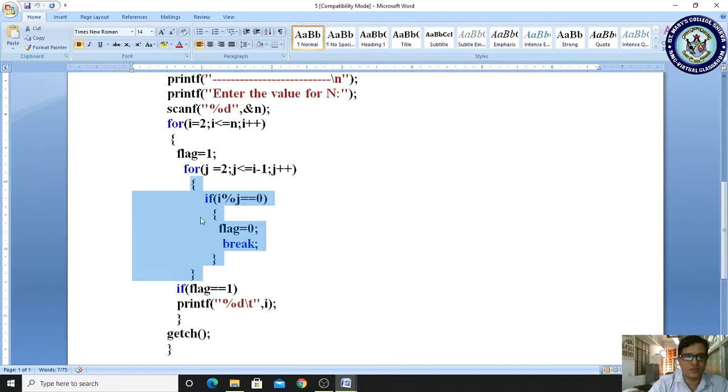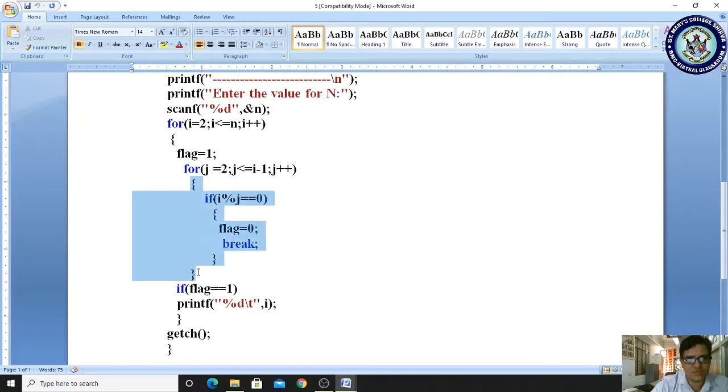Then where will the control come next? It will come to the j incrementation. Now what is the new value of j? It is 3. 3 less than or equal to 2, the condition is false, right?